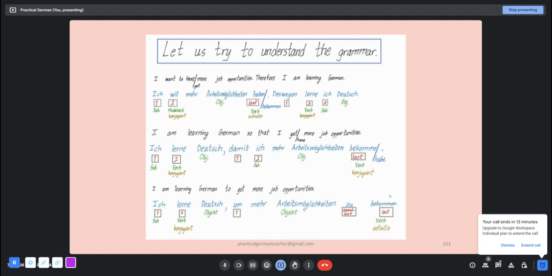Okay. Questions? I think the first two are more written, and the third one is something that is easy to say, right? I mean, when you're talking. The first two you can also use. But one thing is that you have to learn to speak this way as well. This is also a part of the German language.